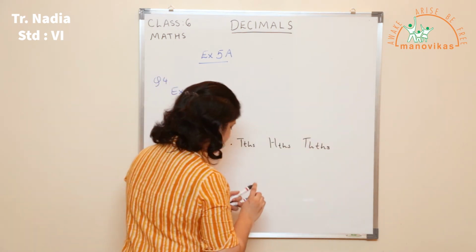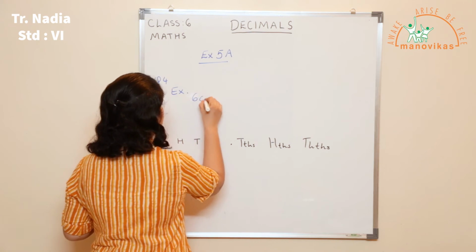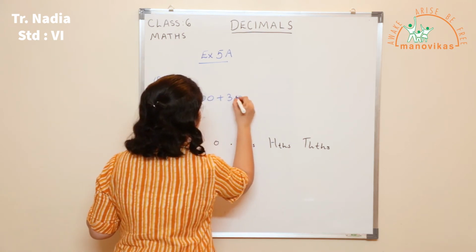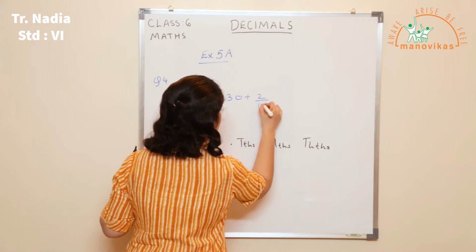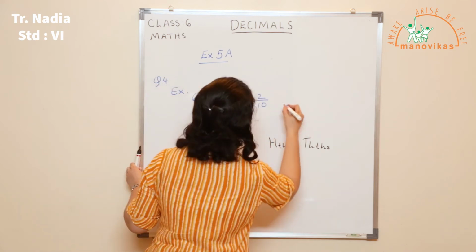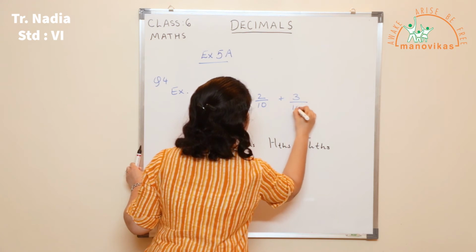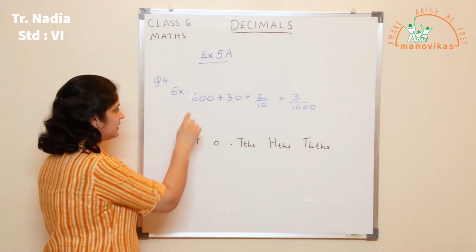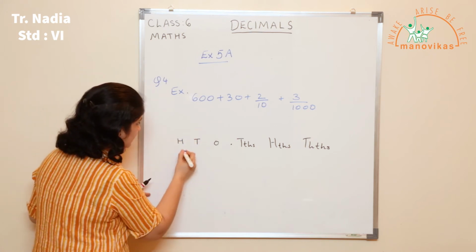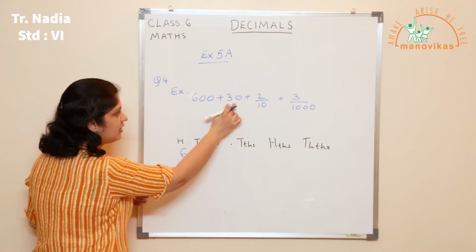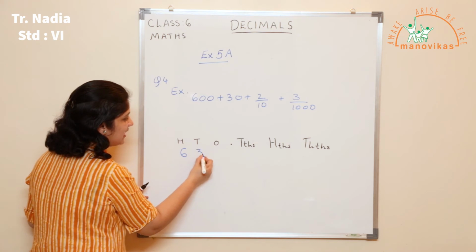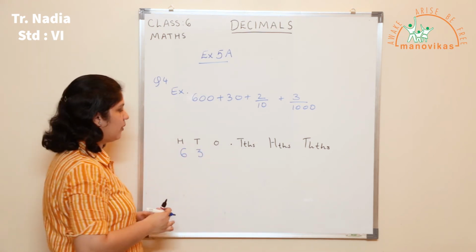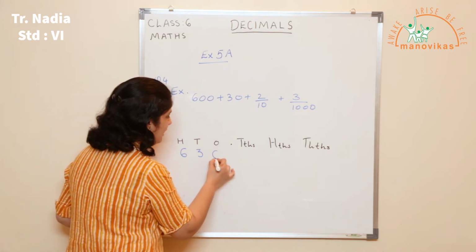Let us take another example. Okay, there is 600 plus 30 plus 2 upon 10 plus 3 upon 1000. Expanded form is given. I need to write the numeral. 600 will be a 6 in the hundreds place. 30 will be a 3 in the tens place. Ones. Now there is no number to be put in the ones place, so don't leave it blank, put a